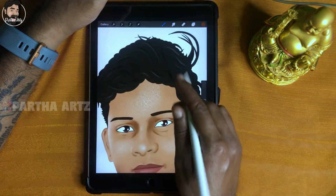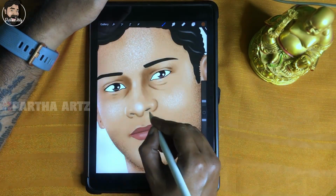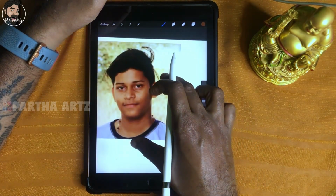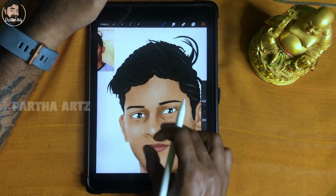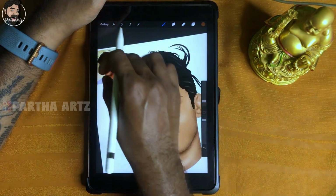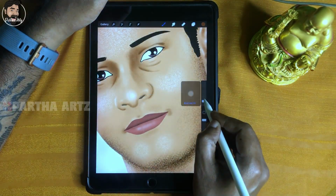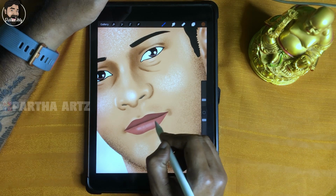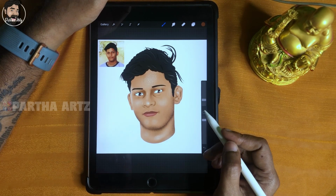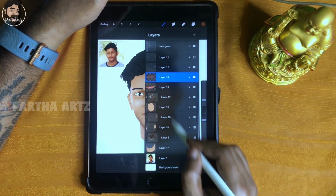Are there any darker spots I missed? And of course shadows here of the top nose, so don't have much of a shadow there, so I'll leave it like that. The top lips is a little more darker, so I'll just make it still darker. Okay, so I'm pretty much done. So what I'm going to do next is, alright,